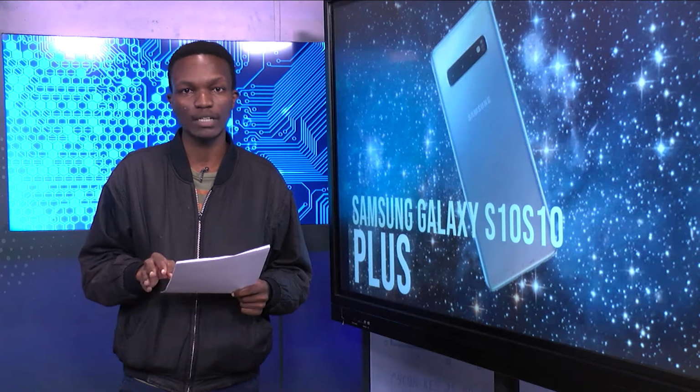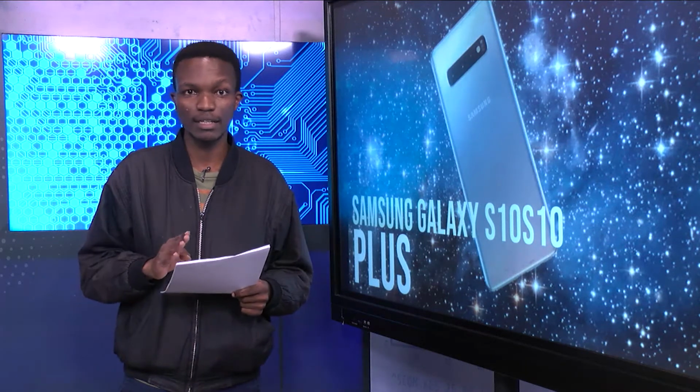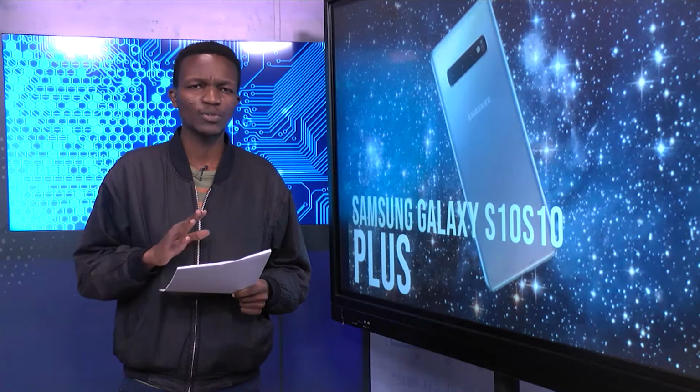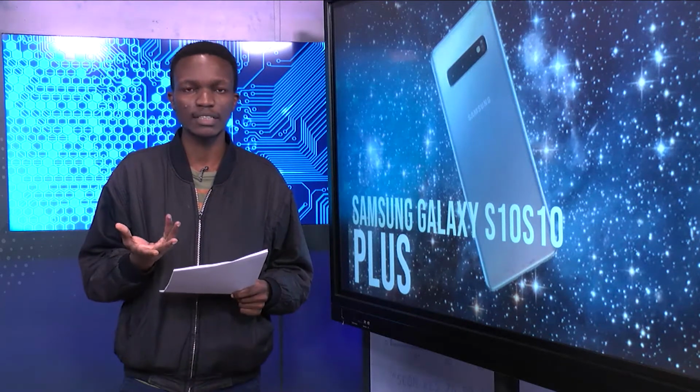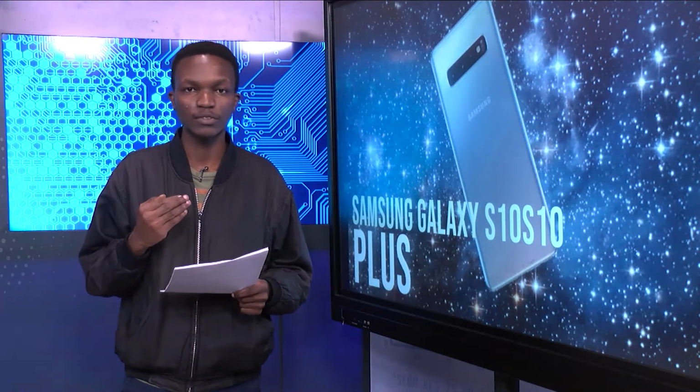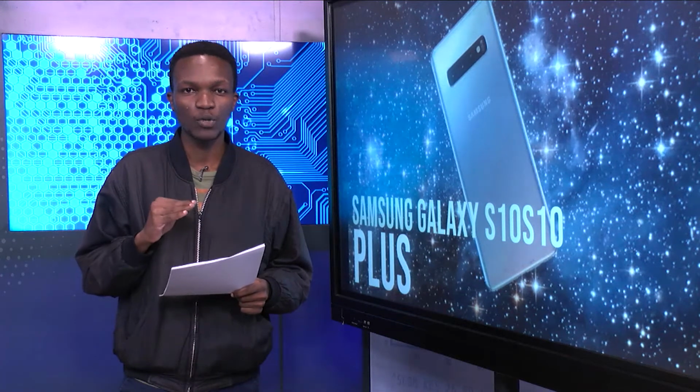So if you're in the market for a new device, the Samsung Galaxy S10 is the best smartphone available right now. And that covers both the S10 and the larger Galaxy S10 Plus, as there's very little difference. So the very best of this device is that it's actually the best smartphone in the market. I know that the iPhone 12 just released about a month ago, but we're looking at the most stable gadgets, and 2020 spotted